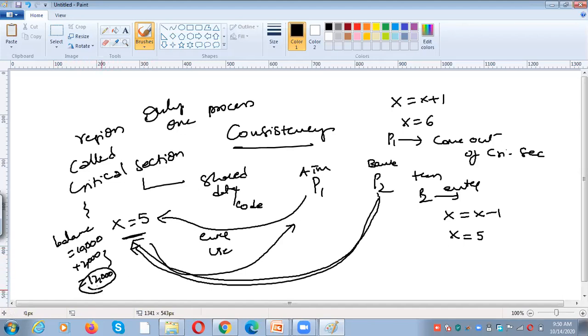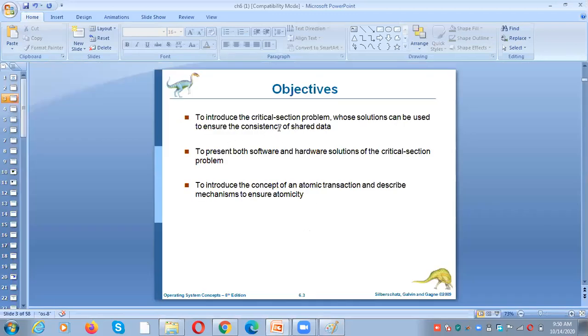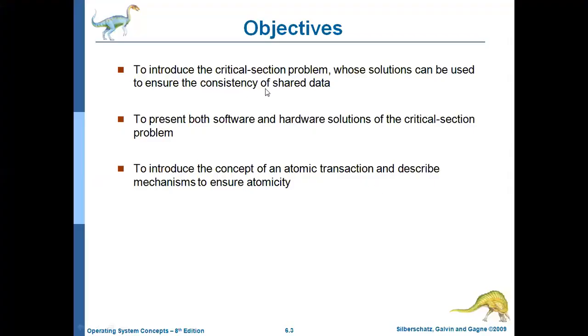After performing this operation, the ATM operation will be performed. So 12,000 minus, for example, 5,000. Then what will be the value? 7,000. So now the value is true. Why? Because after performing the deposit operation, we are performing the withdraw operation on the updated value, not on the previous value, right? So like that, there should be some synchronization between the two processes. So process synchronization is for ensuring data consistency. Have you got my point now? Process synchronization is for ensuring data consistency.